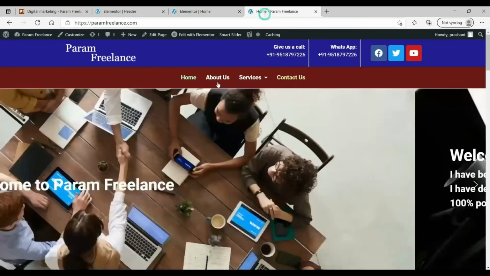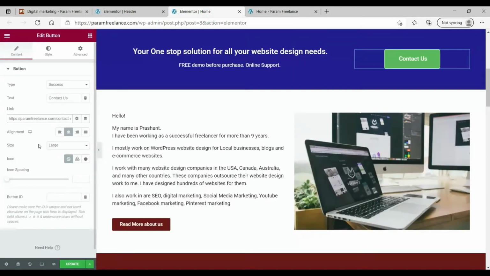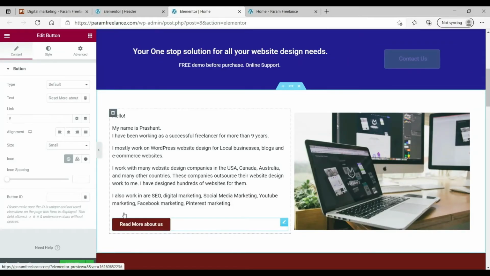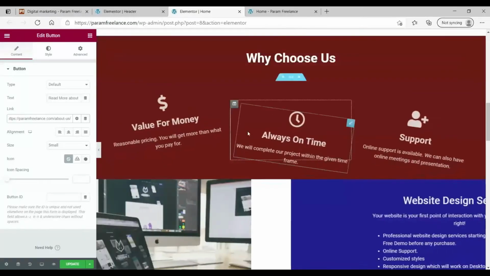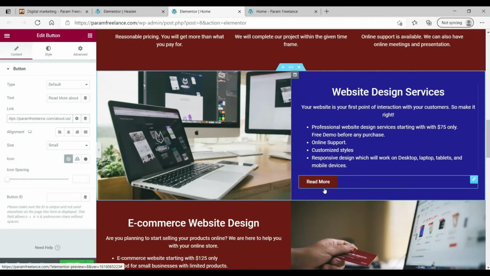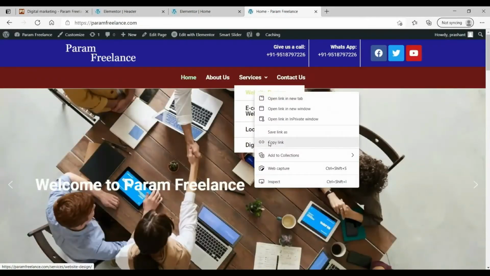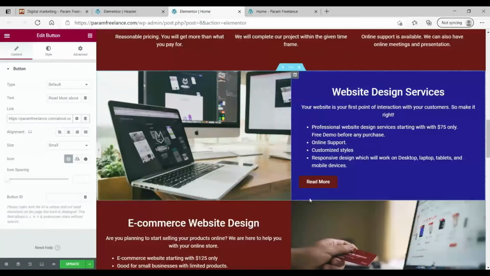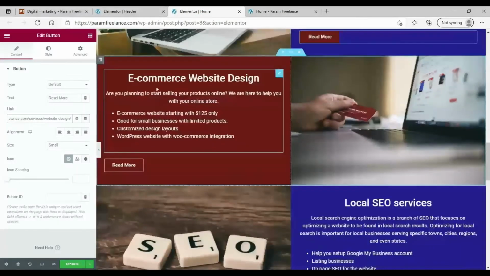This will go to about page. So go to website, right click on about, copy link, and click on this button, paste the link here. Now here it will be going to website design page. So let's go to here, right click, copy the link. Now select the button and paste the link.